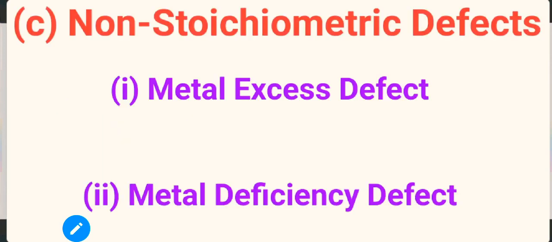And the next one we have is non-stoichiometric defects. As the name suggests, the stoichiometry of the compound or crystal is not maintained because of this defect. That means if the initial formula of the compound is AB2, per 1A we have 2B, then after the defect it will change. It may be A1.1B or A0.95B2 like formulas. That means the molecular formula before and after the defect will be different. So it is called non-stoichiometry defects. It does not maintain the stoichiometry of the compound.